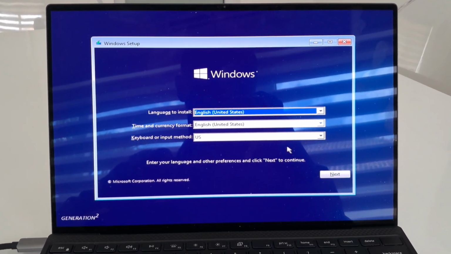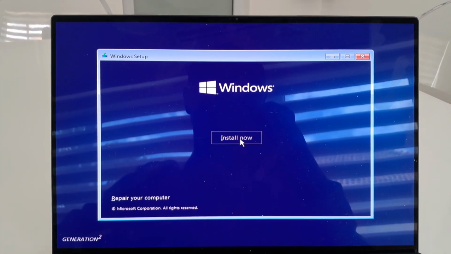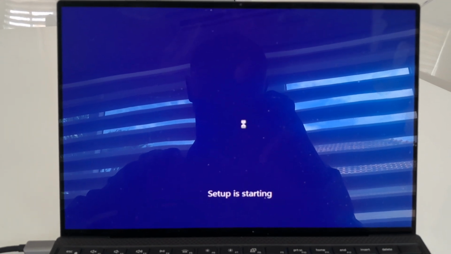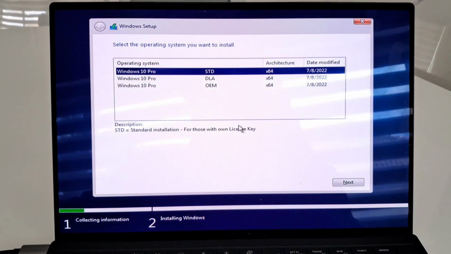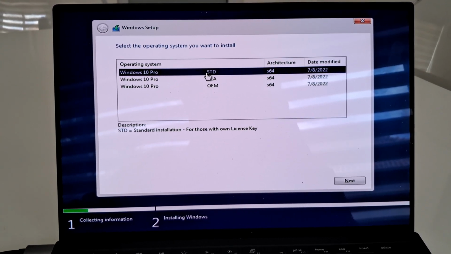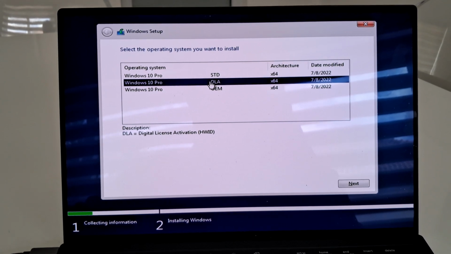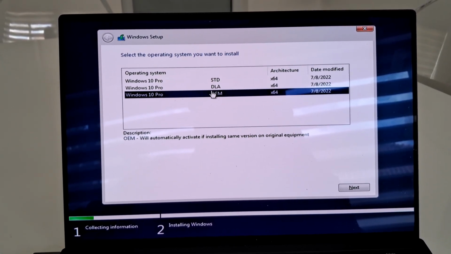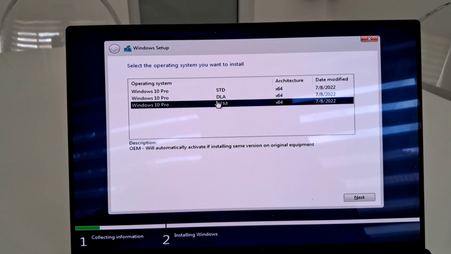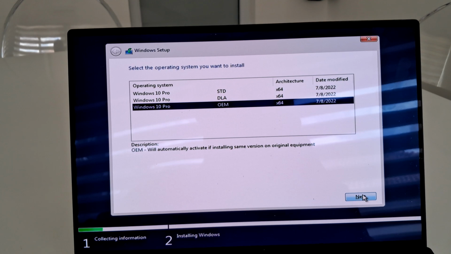Great. So what I'll do next, I'll just go to next, like running a regular installation. Then I'll go to install. This might take a few seconds. Great. So here, the standard indicates that those who already have a license, the DLA, that is Digital License Activation, and then OEM, that is it will automatically activate if you are installing the same version of Windows on your machine. Great. So let me select the OEM